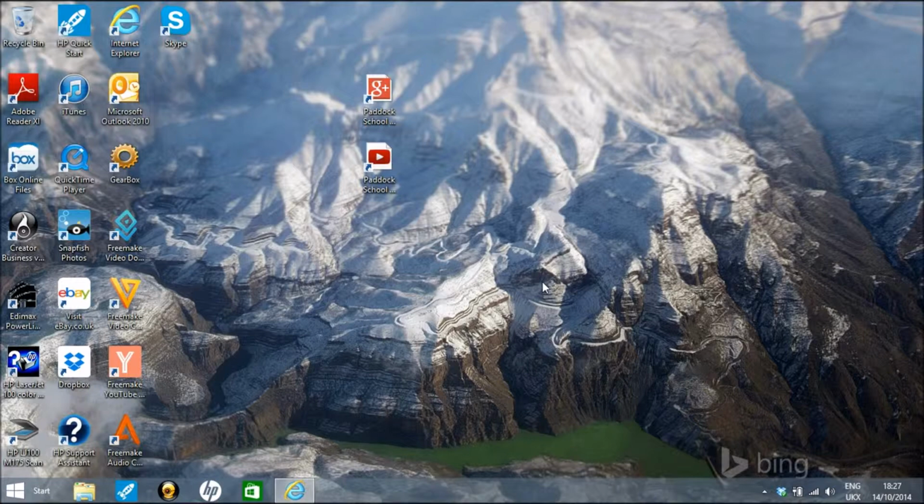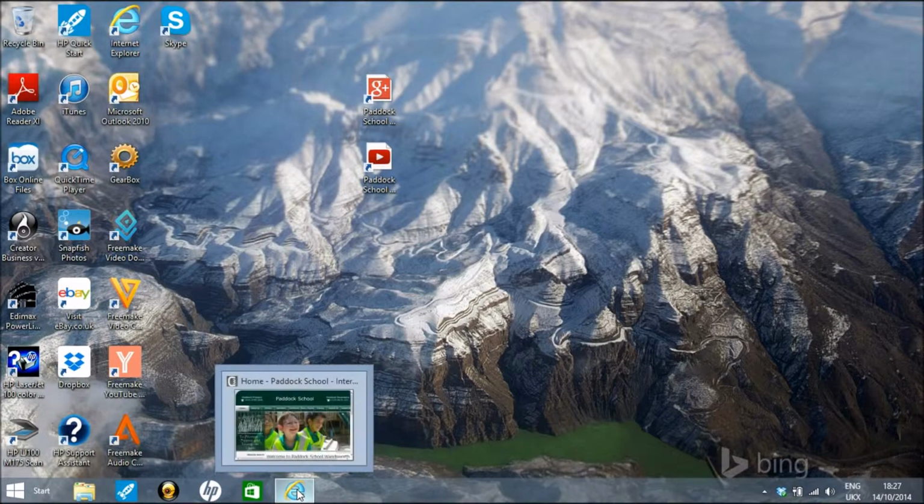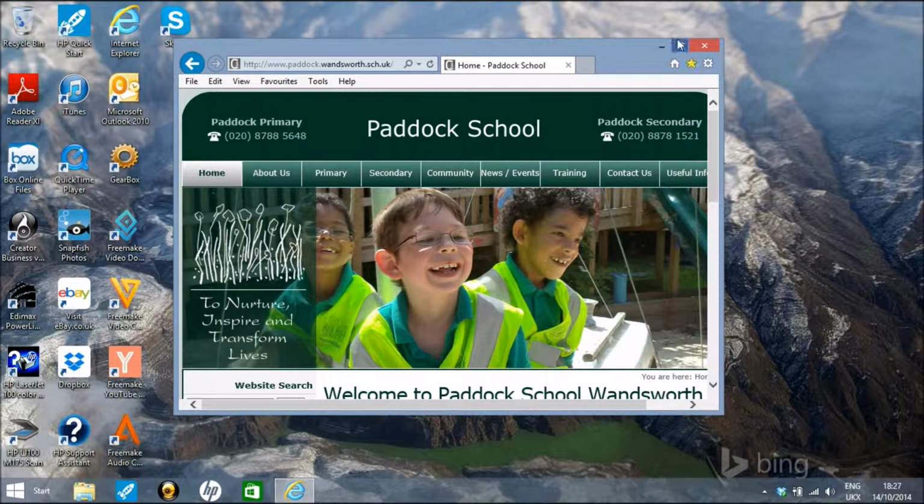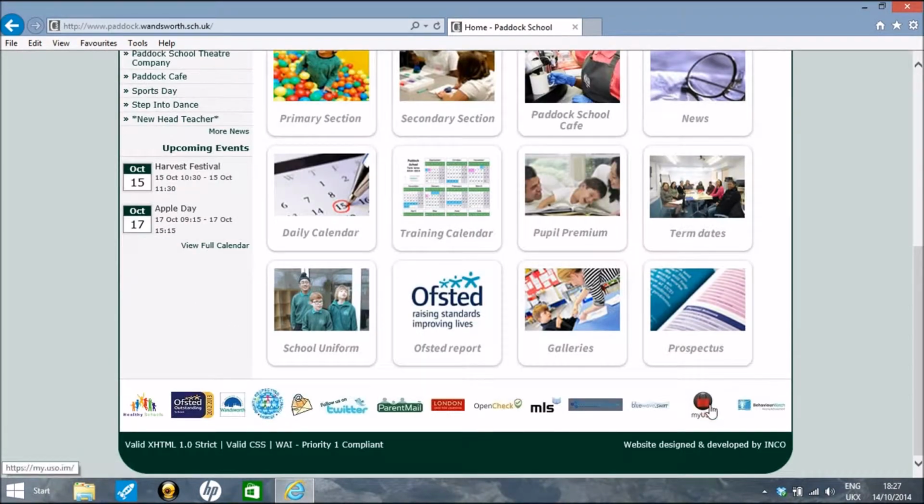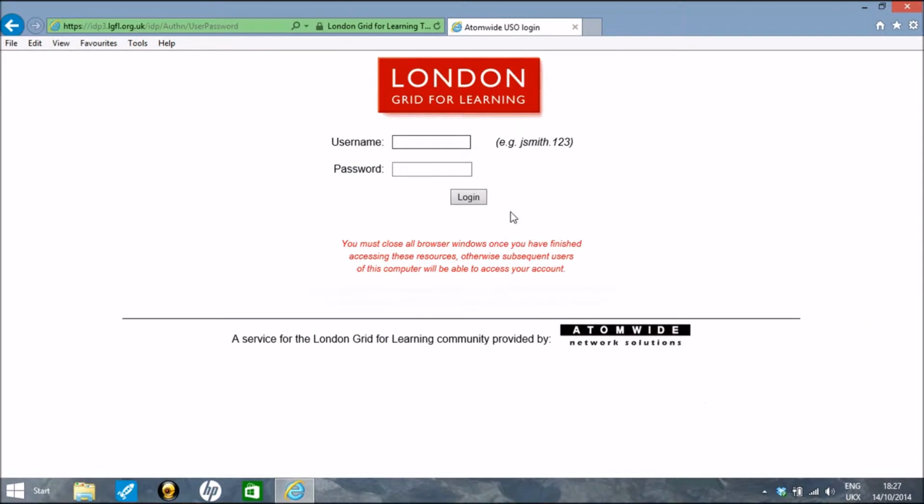So let's get a move on and let's see what it looks like. Okay, so this is what we've done first. We've got an icon on our home page, right at the bottom, MyUSO. By clicking MyUSO, the first thing you get confronted with is the login screen. So we type in our usual